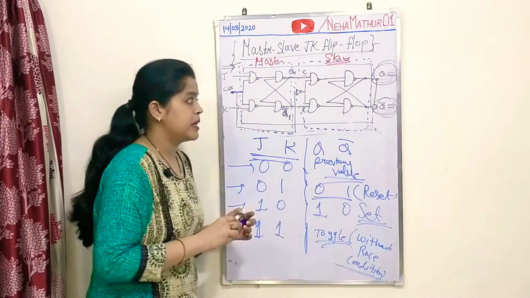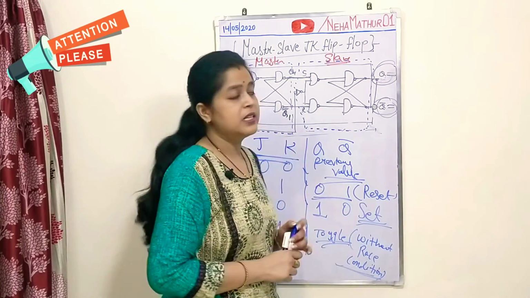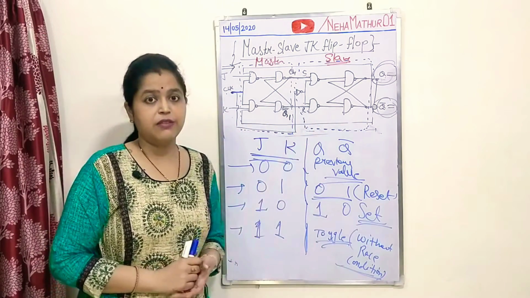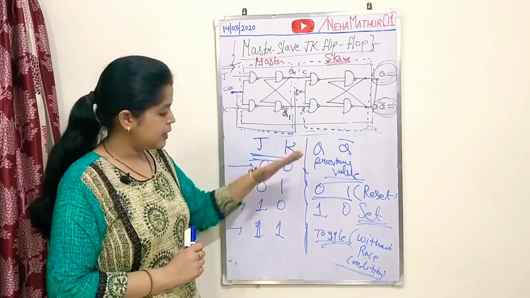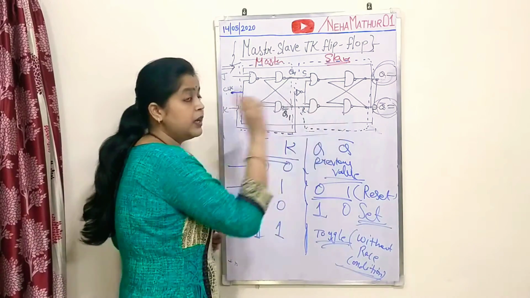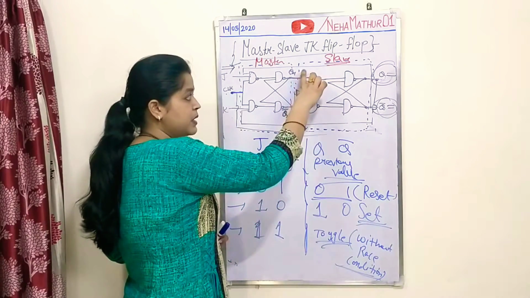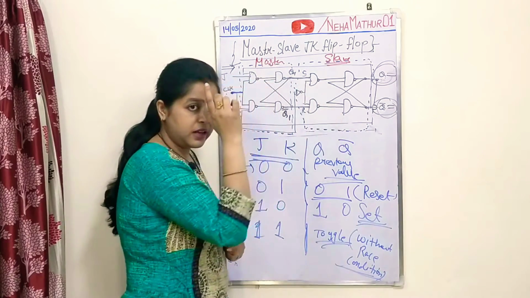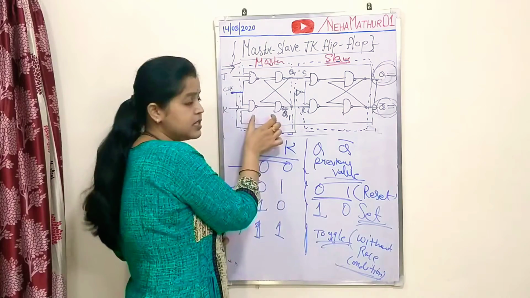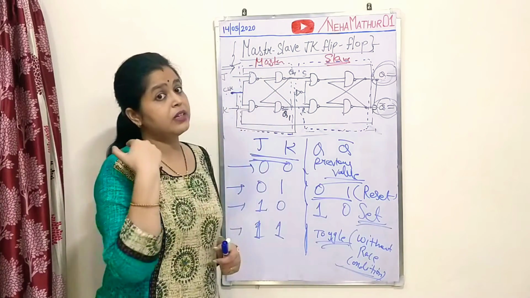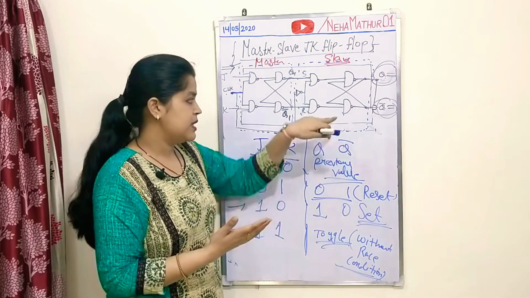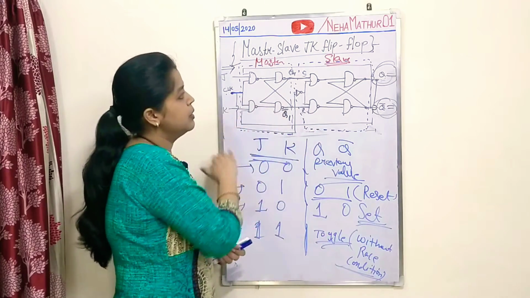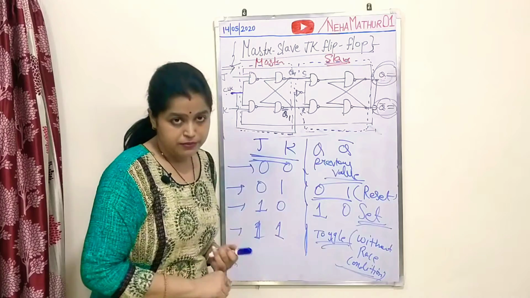So this is the concept of the master slave flip flop. Now the thing is, why is the circuit said to be a master slave flip flop? See, here your front circuit is the master while your back circuit is the slave. If you observe the mechanism of the circuit, your slave is only able to work as per the instructions or inputs provided by the front section. So the front circuit is able to provide the instructions to the back circuit. This is your slave because it is just following the instruction or order coming from your master section. That's why it is said to be a master slave JK flip flop.